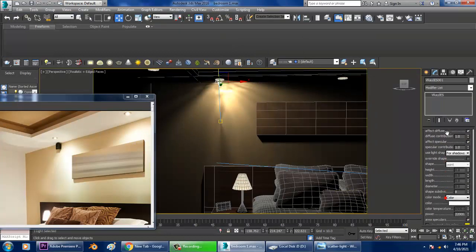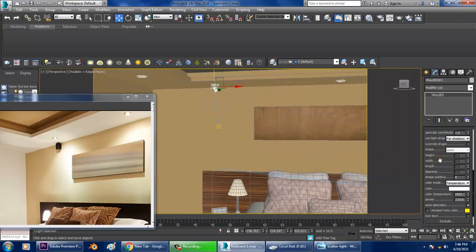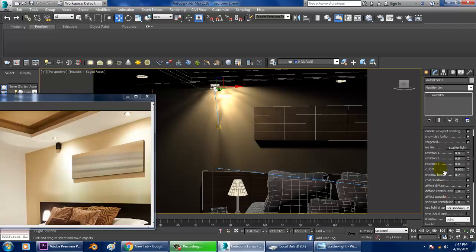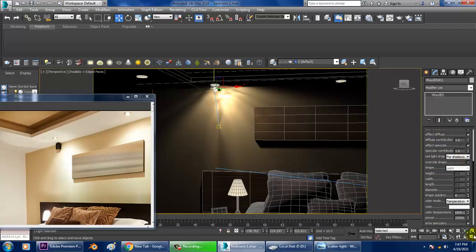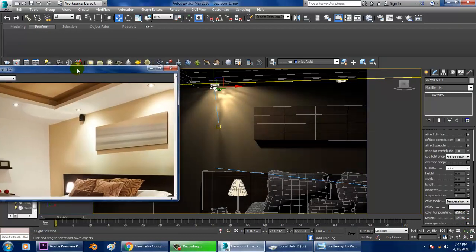Now you can just go down over here, and if you want to work with the temperature part, you can definitely go with the temperature also. I can change the settings of this particular temperature. Also, if you want to reduce the intensity of the light, that can be reduced over here. You have a power setting, so you can increase or decrease the power of the light. That can be easily done over here.